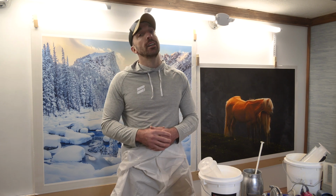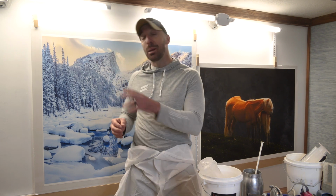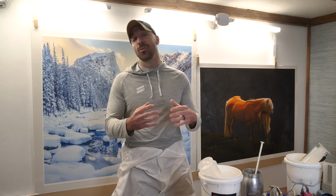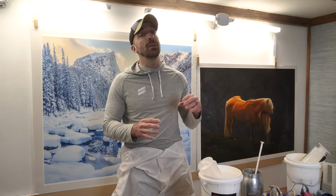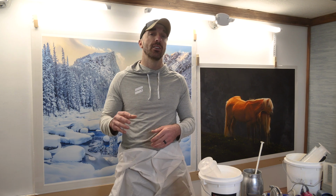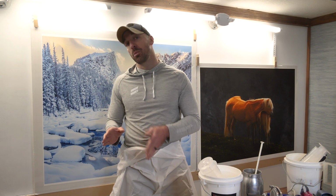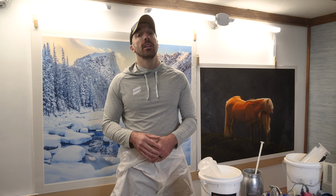to mount it later. But here's the thing, big prints like this are extremely hard to handle. They come on rolls, so they roll over, they crease, and they'll damage if you even look at them wrong. So to me, the risk of damaging the loose print, trying to move it back and forth, hanging it, etc., it's just too high of a risk. So my workflow is to mount the print on an oversized board, varnish it, and then trim the board to fit the frame later. This makes it easy for me to work with these massive prints without needing a second